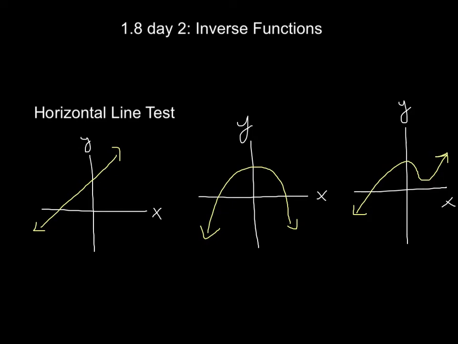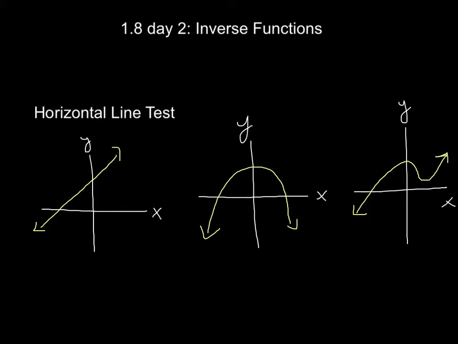Okay, continuing on talking about inverse functions, we want to start by looking at what's called the horizontal line test. The horizontal line test is used to determine whether or not a function will have an inverse. All the horizontal line test says is that if no horizontal line touches the graph in more than one place, then the function will have an inverse. So as long as you can draw horizontal lines that don't touch the graph more than once, you know your function has an inverse. If any horizontal line hits it more than once, then there is no inverse for that